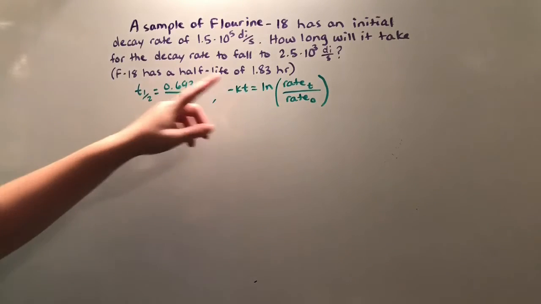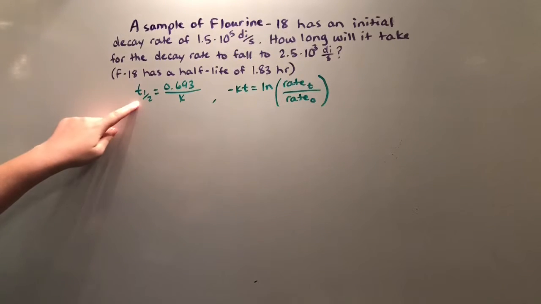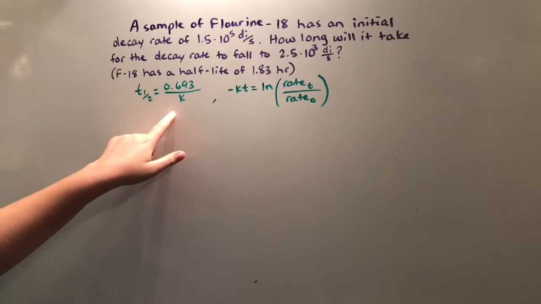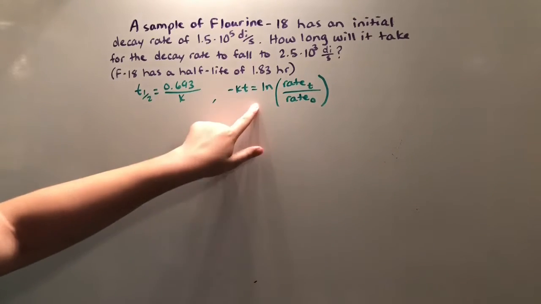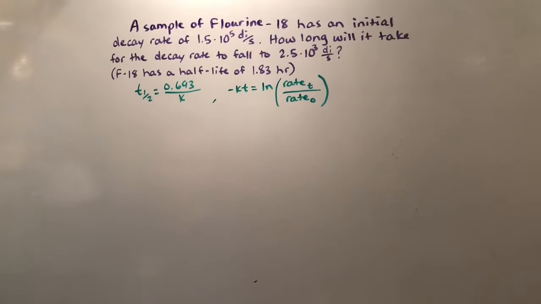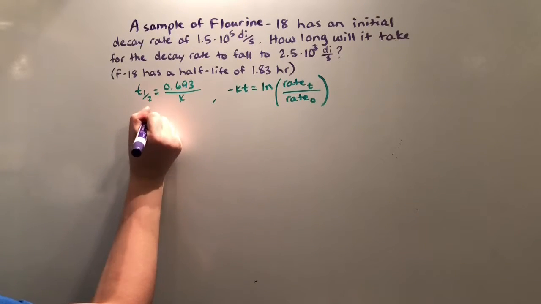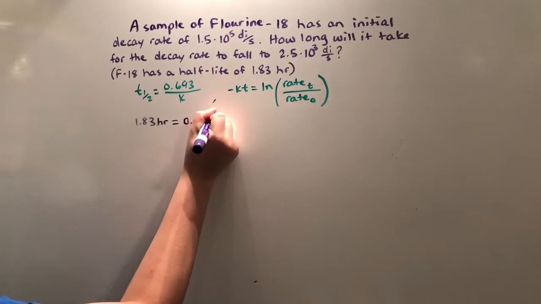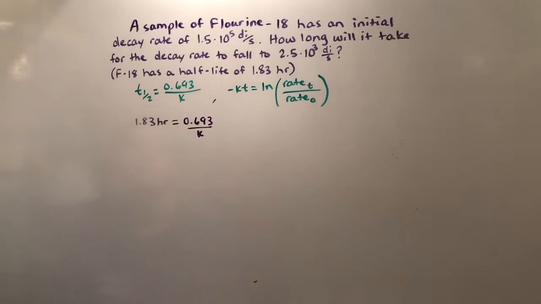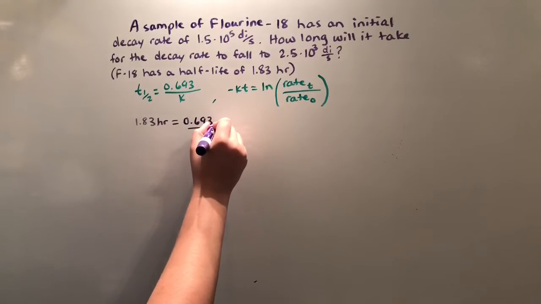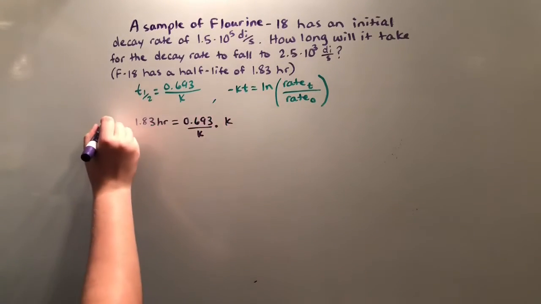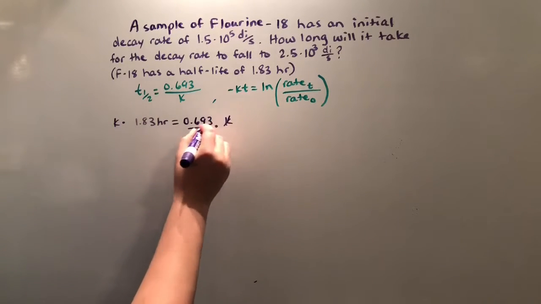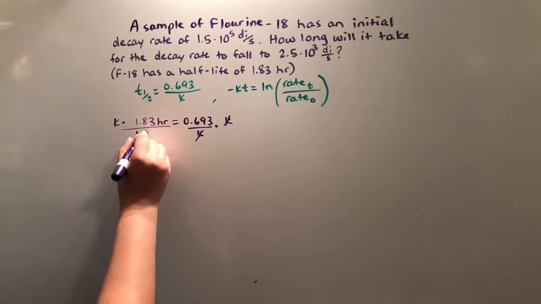We're given a half-life. So we're going to use this half-life formula and rearrange to solve for k and plug this k value into this formula to find time t. So let's do this problem. We're given our half-life. That's 1.83 hours is equal to 0.693 over k. To rearrange to solve for k, we're going to have to multiply k to both sides and divide by 1.83 hours